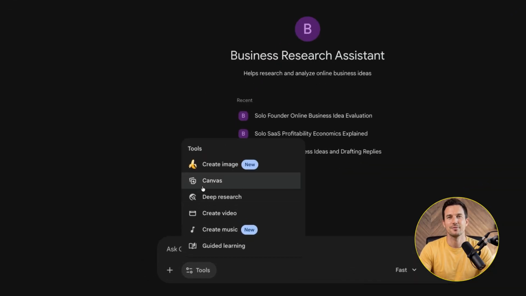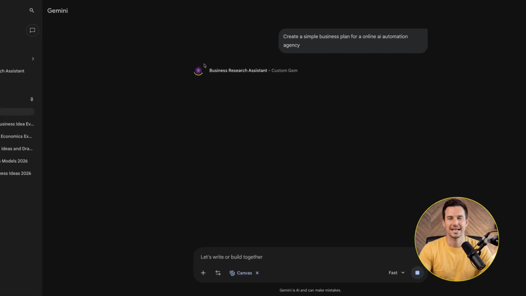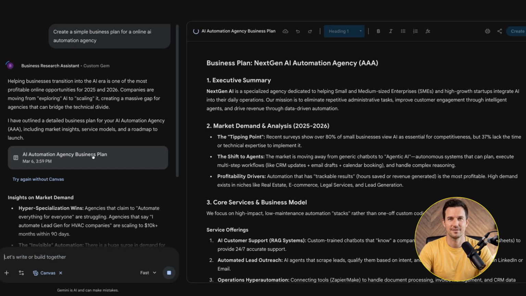Canvas turns Gemini into an interactive workspace instead of a chat window. So instead of sending messages one after another, you can actually work on things directly with Gemini. For example, I will select Canvas from here and type, create a simple business plan for an online AI automation agency. Now you can see that it has created a complete canvas on the right side with all the details